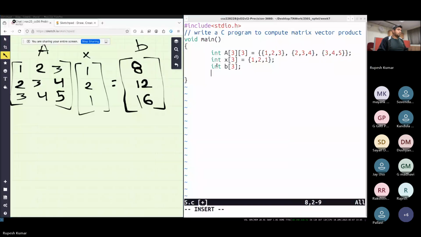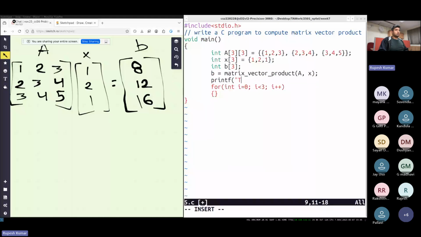So let's see. Let's call the function matrix vector product. Let's pass in the matrix and the vector A and X. And then let's print the values present in the vector B. So for I less than 3, I plus plus, let's printf the output of matrix product is backslash n.